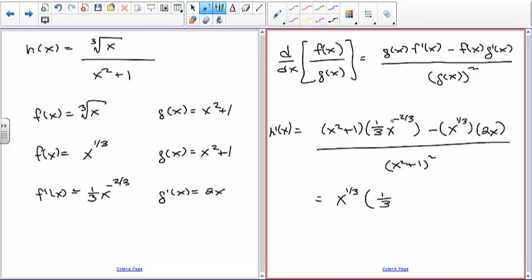You'd decrease this by 1/3, so that would become x to the -1 power. And if you factor out 1/3 there, you'll get just what's left over, 2x, all divided by x squared plus 1